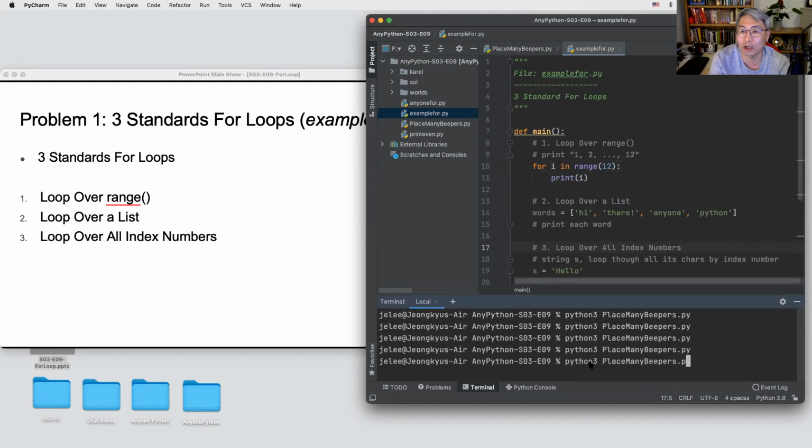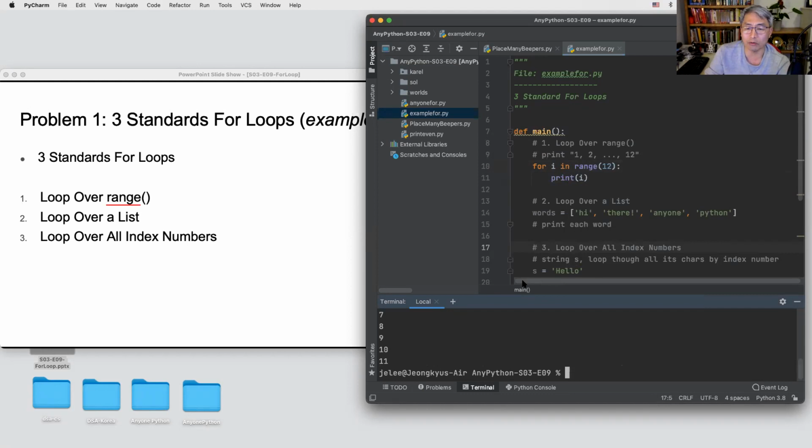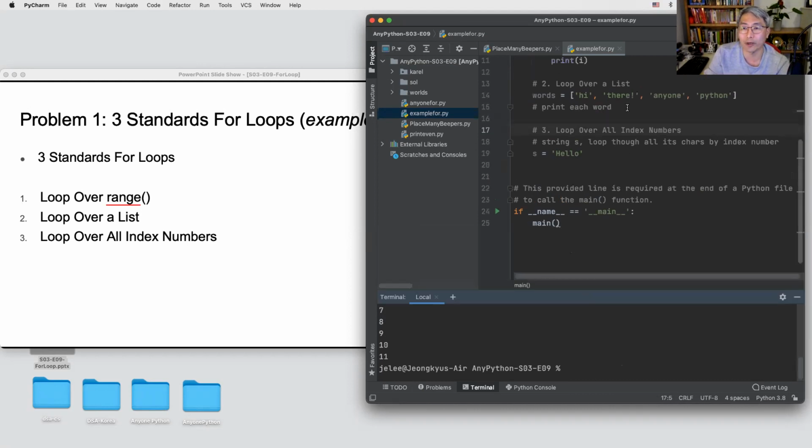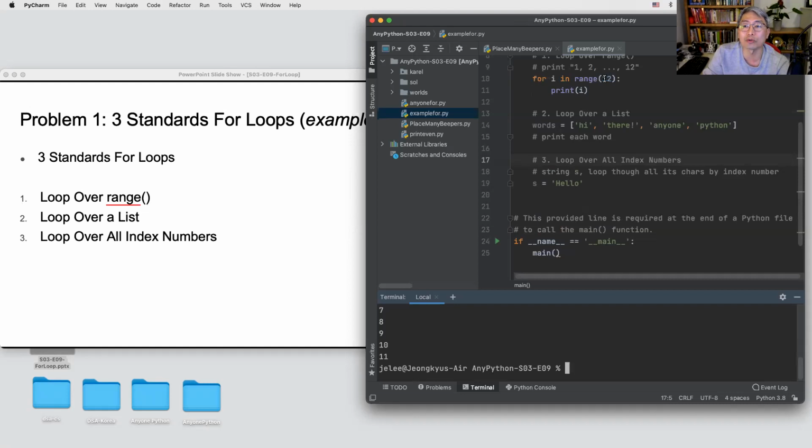So we are going to run the example, example 4.py. Then it's 0 through 11, right? Because the range function generates the numbers from 0 through 11.